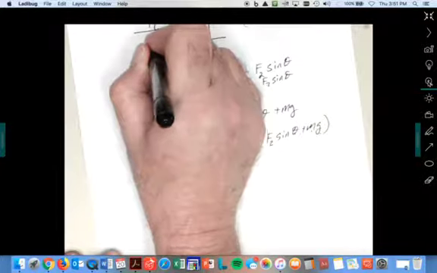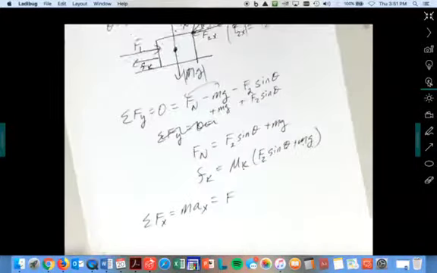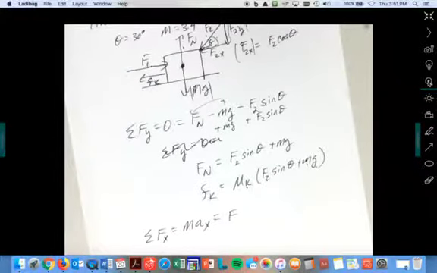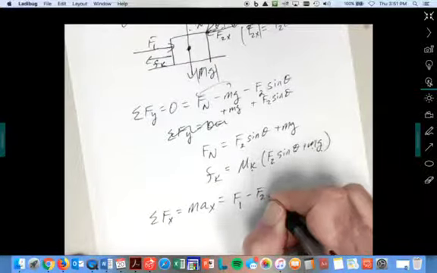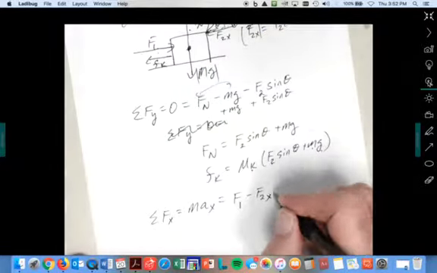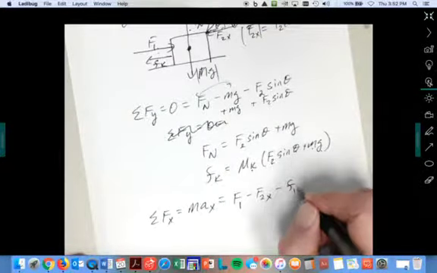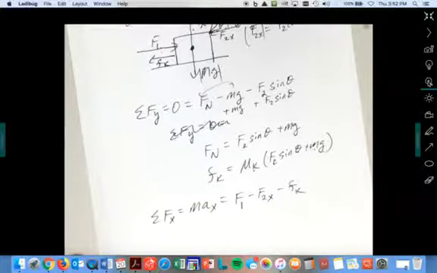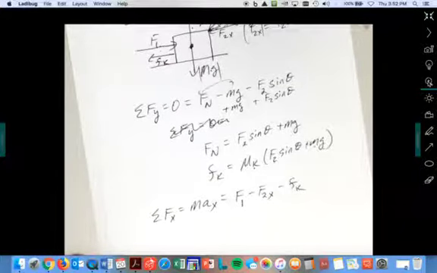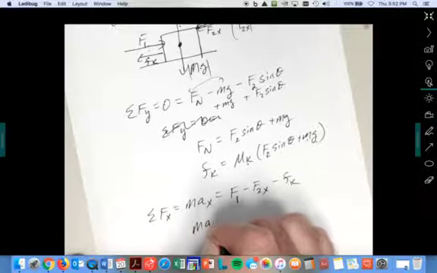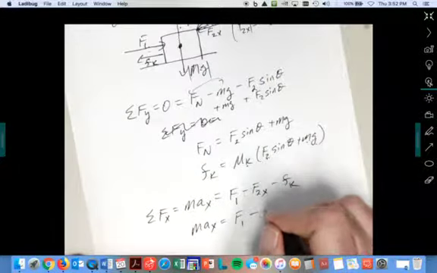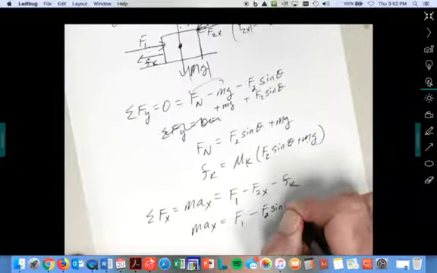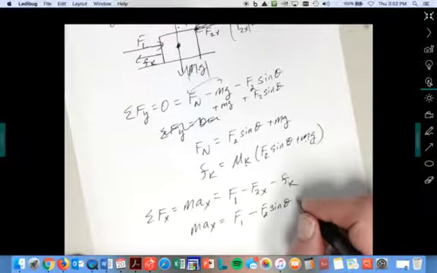And we've got a frictional force. I forgot to draw that little F of K up here. Got that little frictional force going this way. So I've got F1 minus F2x. Any other forces in the x direction? Yeah, minus Fk. We know what Fk is right there. We're done. So we've got max is equal to F1, which was given, minus F2x is equal to F2 sine theta, and minus